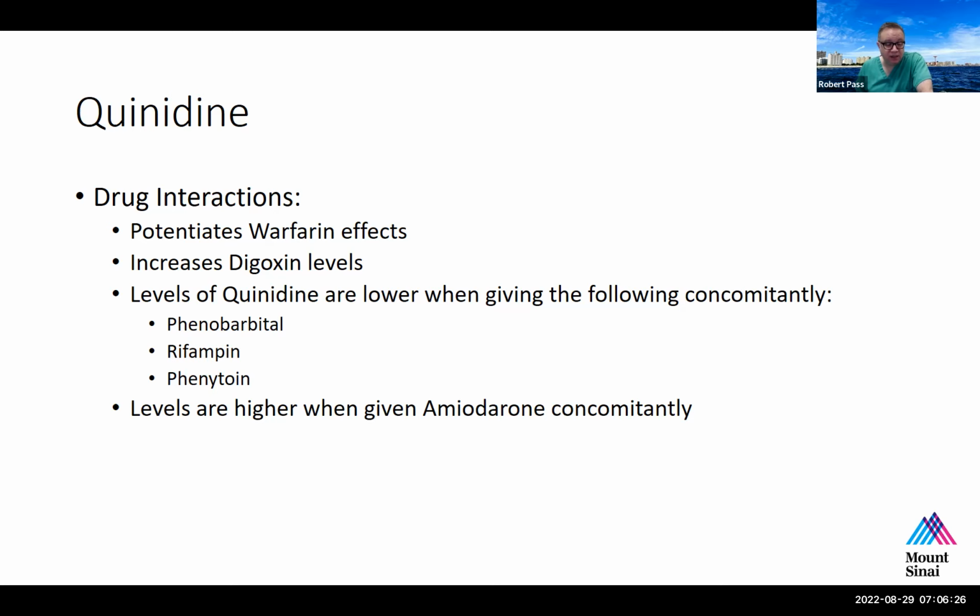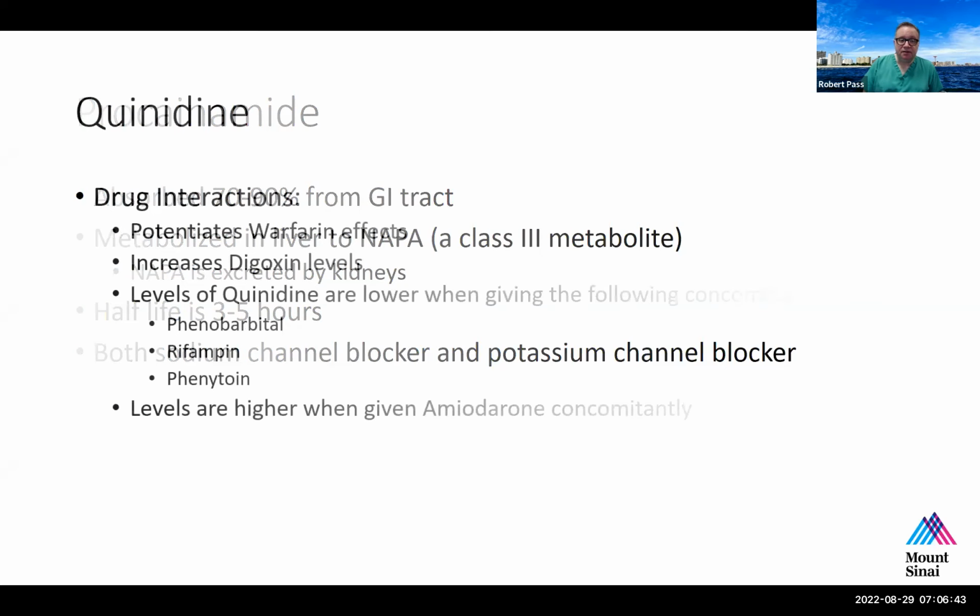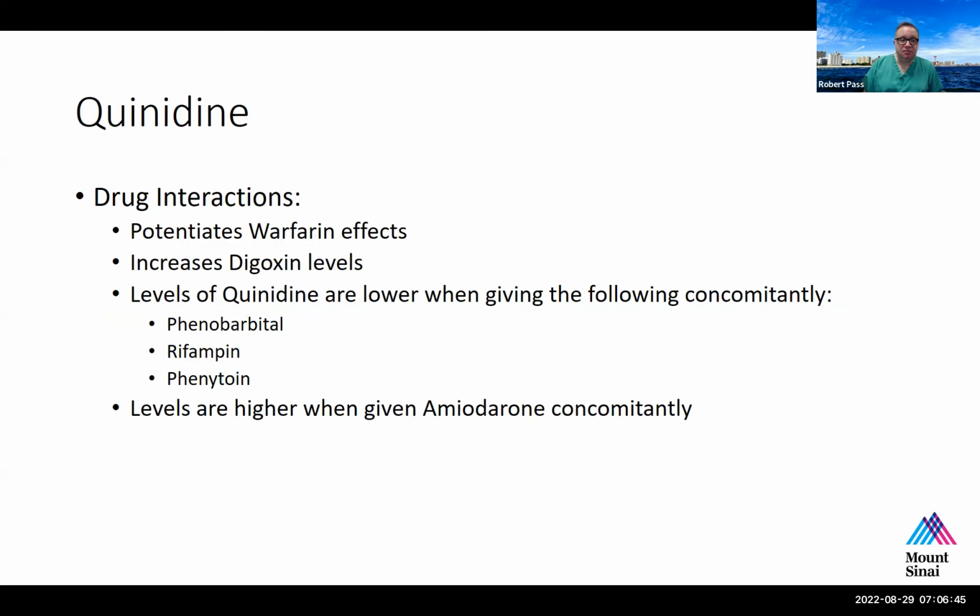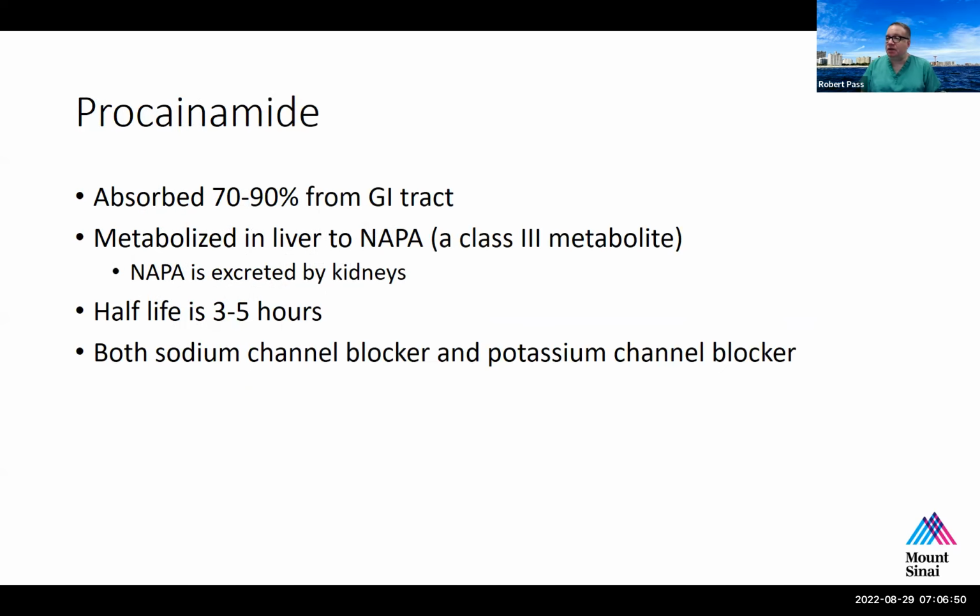So in the old days, and this precedes my time as a physician, if one were giving quinidine to somebody with amiodarone, obviously someone with a very bad arrhythmia, the levels would be higher and one had to adjust downward the dose of quinidine. Okay, I think for right now, the most important thing is to remember that it has some indication for Brugada patients. Okay, procainamide. Procainamide is absorbed 70 to 90% from the GI tract, and it is metabolized in the liver